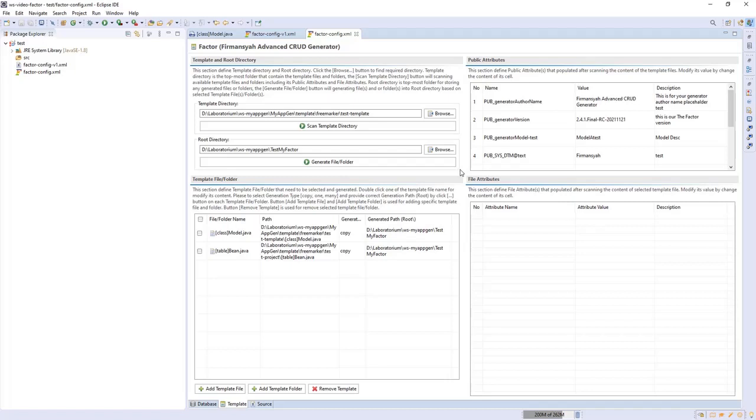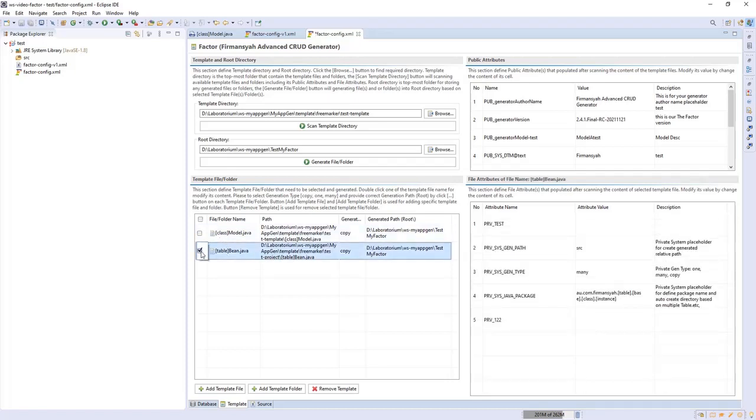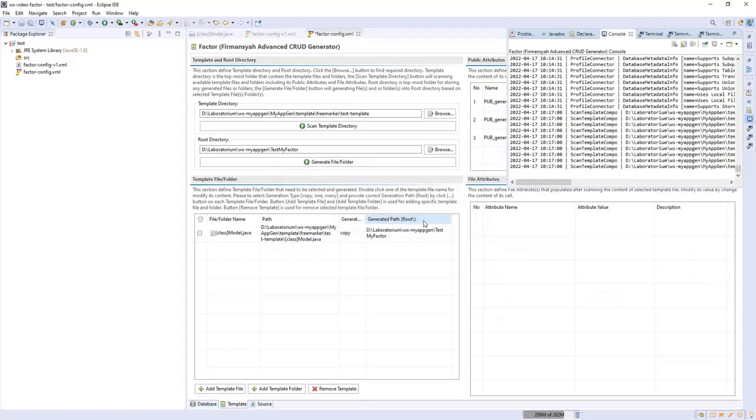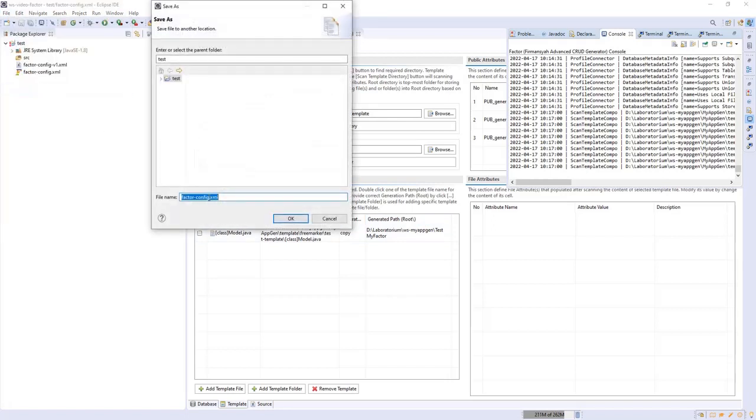Okay, this is another scenario, another demo of how we can create multiple versions of this configuration XML. For example, I don't want to use the table bin Java, so I want to remove this one, but in the old one I still need the class model Java. So just click one of these items, I want to remove the table bin Java, and then click remove, click OK, and then click file and save as, and make it version 3 and click OK.